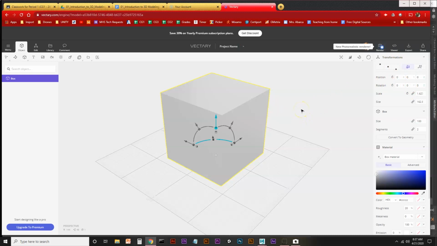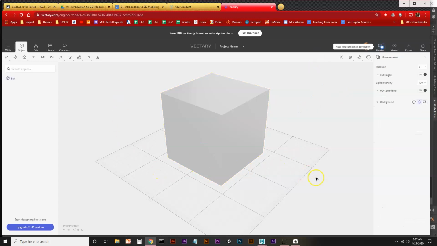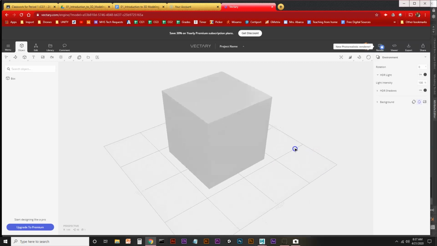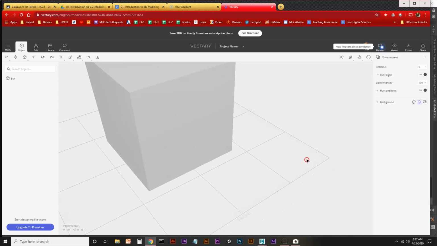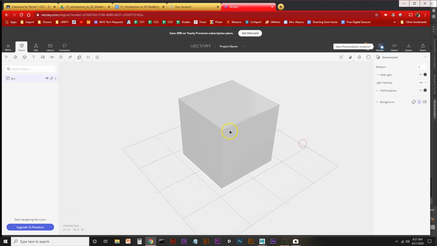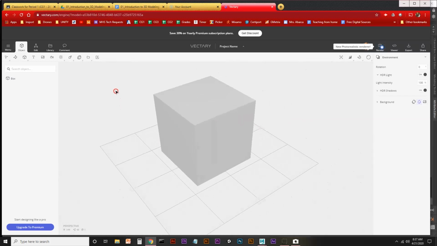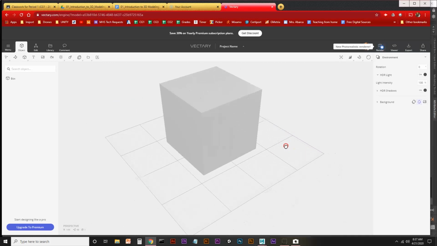But what I want to do again is the same thing in Vectary as we did in Maya. So if I click in this void, in this case it's a light gray area, we're going to play with the camera tools. So all you have to do in Vectary, it's really more of a one-handed endeavor, whereas Maya you really need 2 hands to control it. But all I have to do is click on the outside left mouse button and hold to orbit. Middle mouse in this case will zoom the camera, which by the way, depending on where you click is where it'll zoom. It's a little bit clanky, but it works. Right mouse will pan the camera. Okay, so remember, orbit,